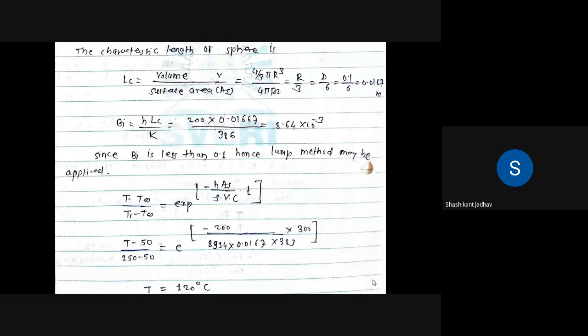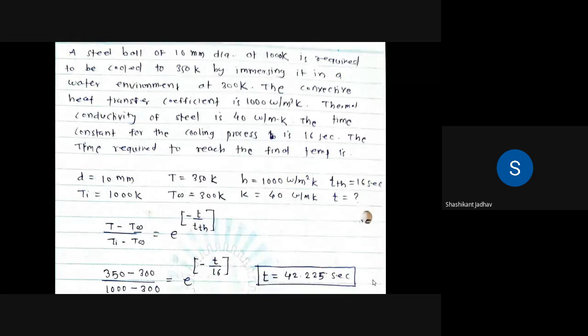Then write down the next problem. This is one question which was asked in the GATE 2016 exam. Okay, it is a directly formula oriented problem. In heat transfer, there are some problems in the GATE exam which are directly formula oriented, so we have to remember all these formulas and calculate the values. Okay, so write down this third problem.